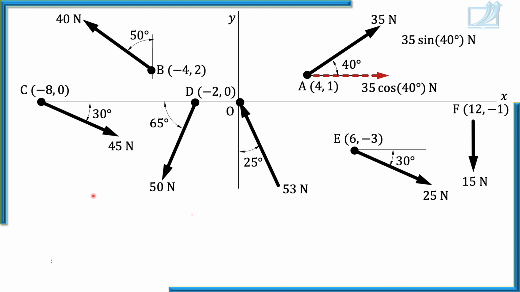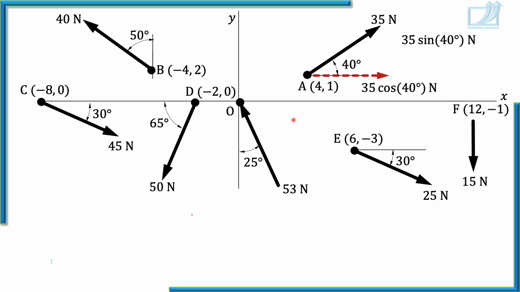If I ask you to add these forces, you should add x components of all these forces separately and y components of all these forces. While solving a problem, you need x components of all forces at a time and y components of all forces at a time. So remember, now we'll have some practice of identifying only x components. Now our focus is on x components of all these forces.